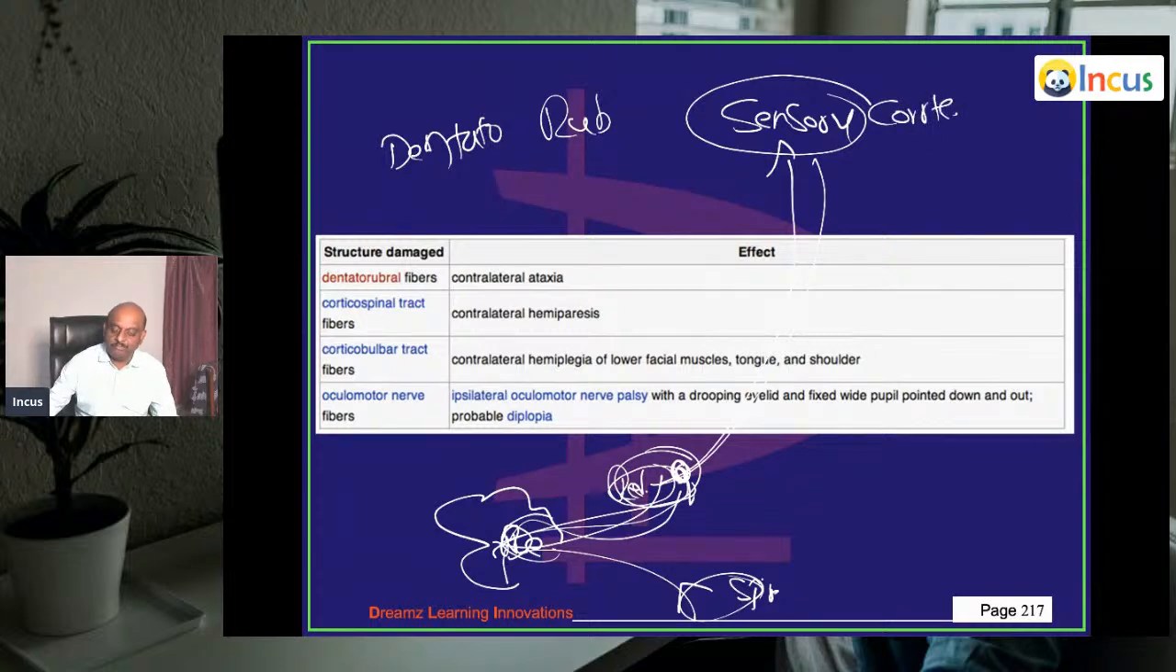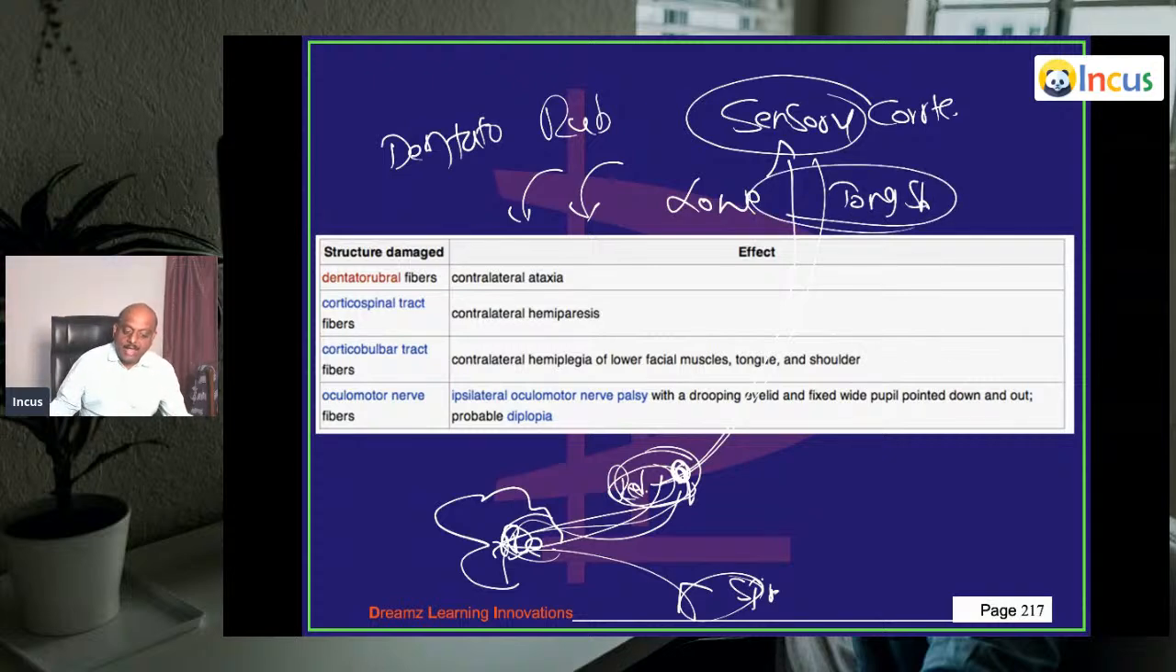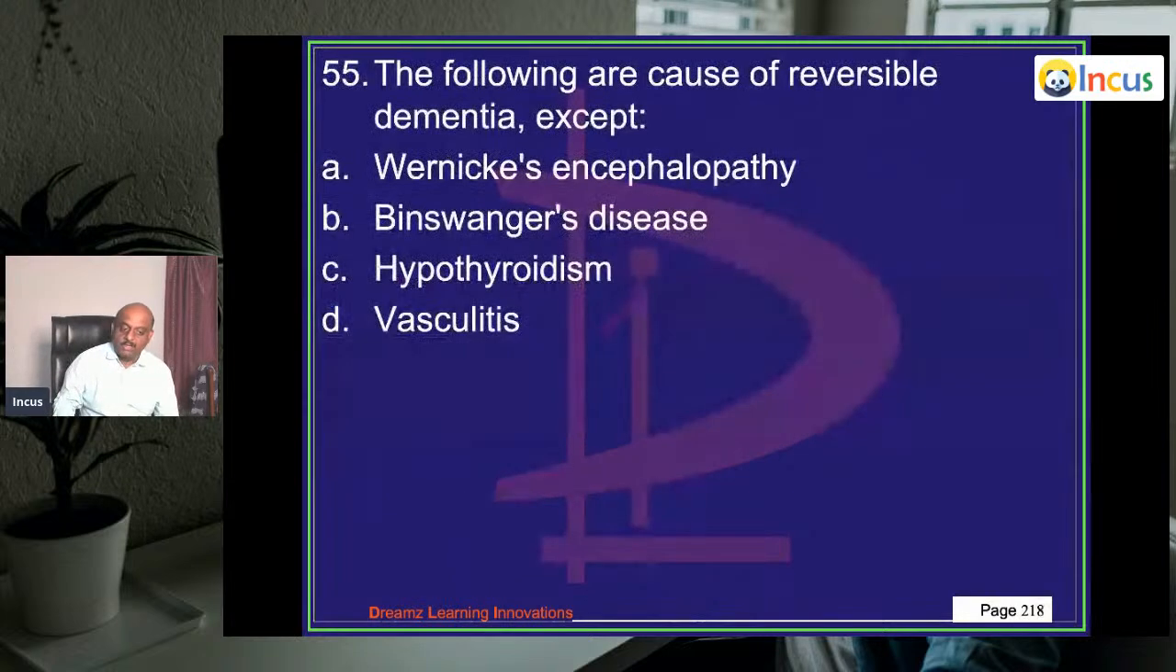That's how the flow goes. So, the dentatorubral fiber injury leads to contralateral ataxia. Corticospinal tract involvement leads to contralateral hemiparesis. Corticobulbar fibers lead to lower facial muscles, tongue, shoulder, they're all contralateral hemiplegia, and oculomotor nerve involvement leads to ipsilateral oculomotor nerve palsy, and that defines Claude's syndrome is what you need to remember,